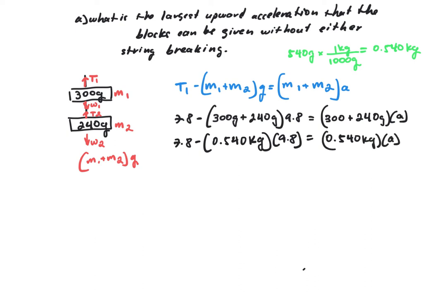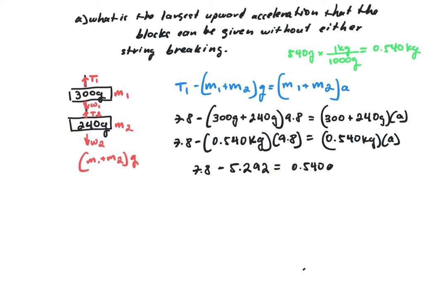times A. So we have 7.8. Let me see, what is 0.540 times 9.8? That's gonna give us negative 5.292 equals